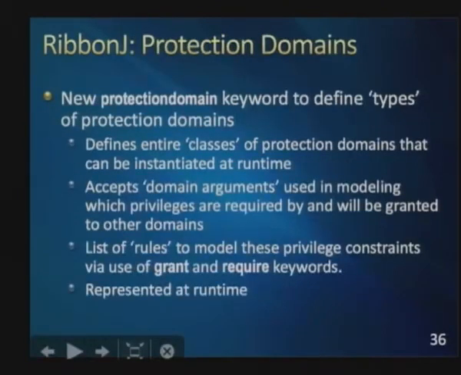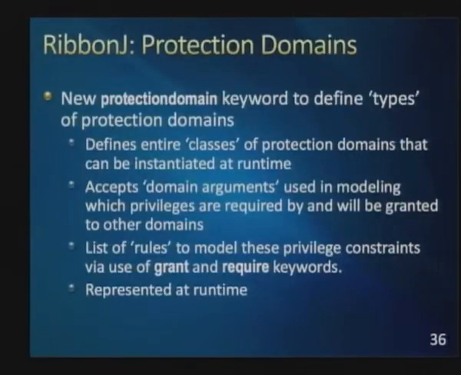So first we expose this protection domain idea with this new keyword, which is used at the same level as a class declaration. So you're defining a new type. It's a protection domain type. All right, it accepts arguments which model which domains this one is going to interact with. And then inside of it has a list of rules. Okay, how do I grant privileges, or how do I acquire privileges, or in the language it's called require privileges